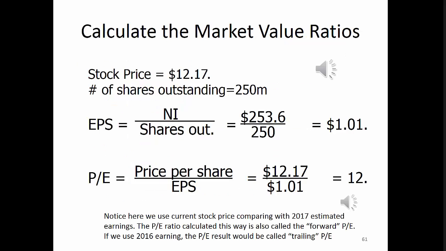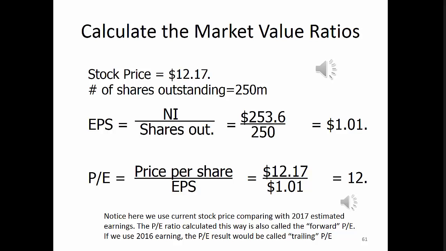To calculate these market value ratios, of course, we would need the company's market value, or say stock price, and the number of shares outstanding. So if we do have the current stock price of $12.17 per share, and the company has 250 million shares outstanding, then EPS, earnings per share, is calculated as the total net income divided by the number of shares outstanding. So total net income is from the income statement, and number of shares outstanding is just given as 250 million. So in this case, EPS is calculated as